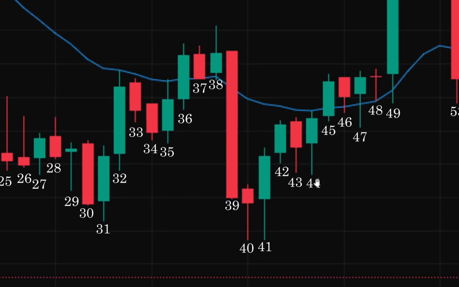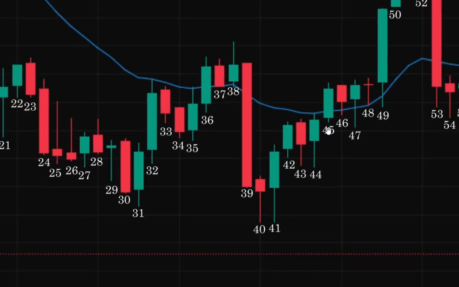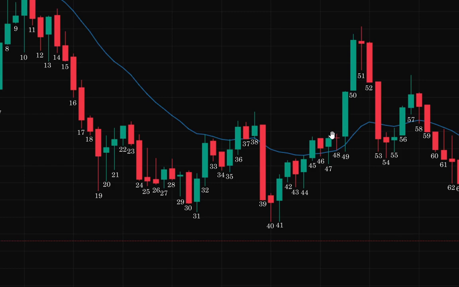And as you can see, bar 44 is an outside bar, so buying above this bar with a stop loss of this could have been reasonable. But anyway, I was in a profit and I did not want to lose my capital. Due to this reason, I didn't take this trade. Now let's come to this scenario.